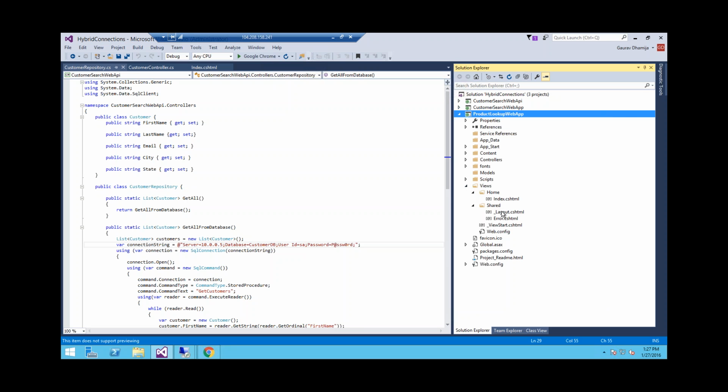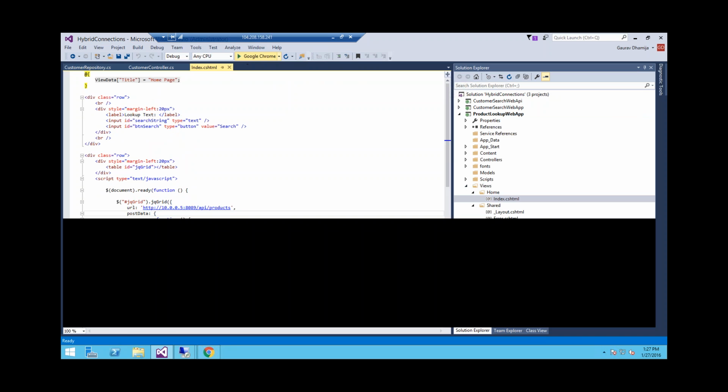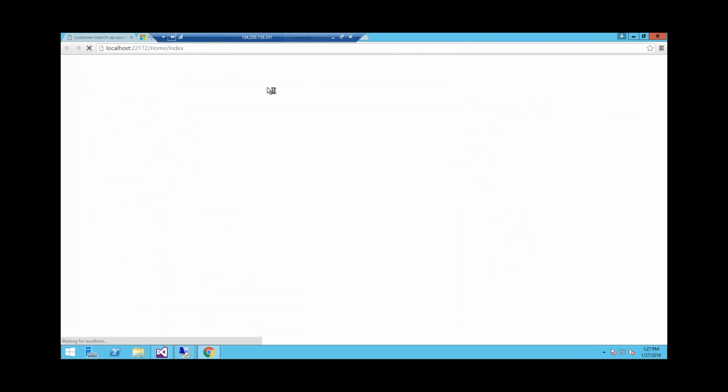It's a very simple ASP.NET MVC application. If you see in the index file of it, or the home page of it, I am directly invoking this service from my internal server. So if I run it, now this is running locally on my developer workstation, and now I will publish it to the cloud, and from cloud it will be able to connect to my internal service.